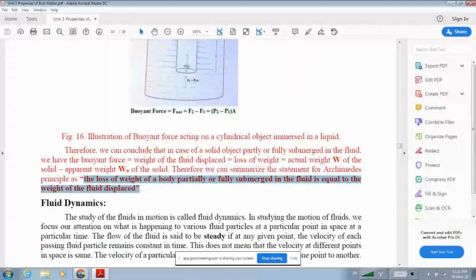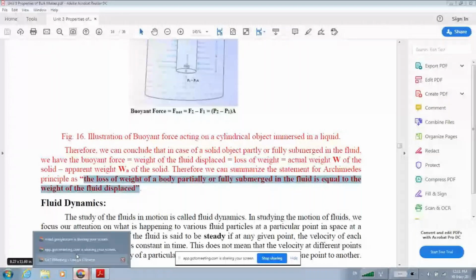So now, is it clear to all of you? It is understood, regarding Archimedes principle as well as the buoyancy. Yes, sir. So now I am